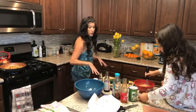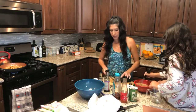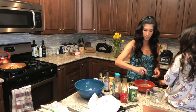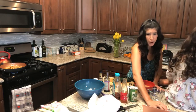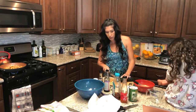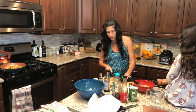Okay, so for the cucumber, we're leaving the peel on. We're not gonna peel it, and we're just gonna thinly slice it. It's thick. Too much water. Too thick. Too much water. Okay, so we're gonna thinly slice the cucumber, and then we're going to...